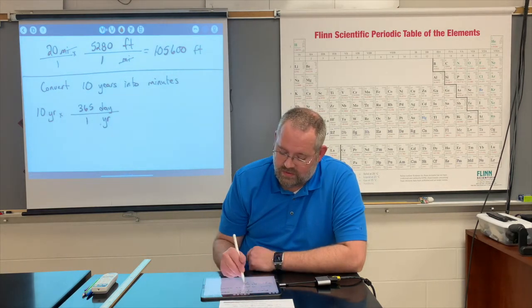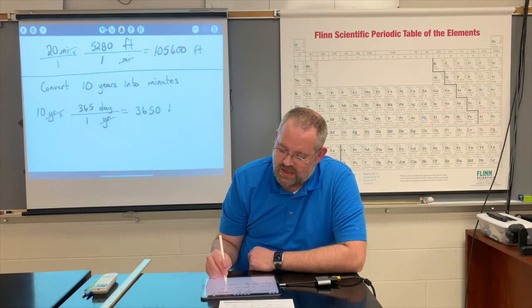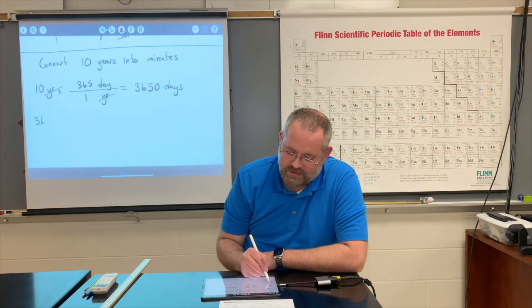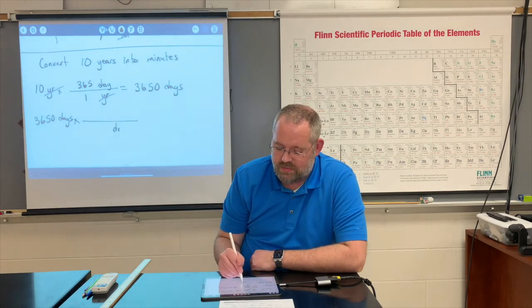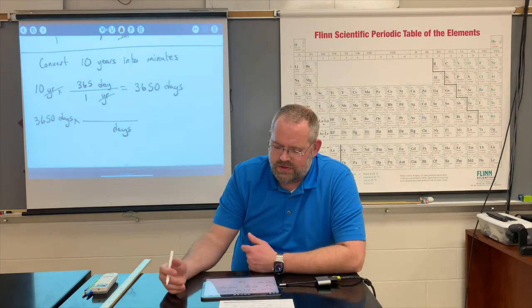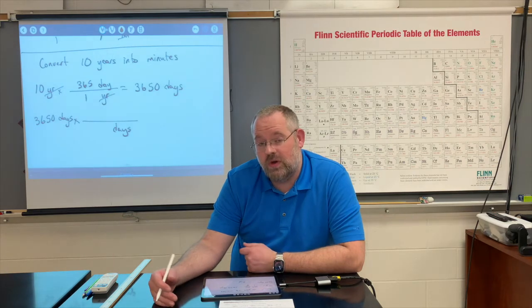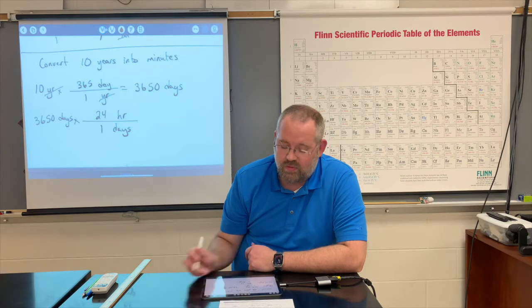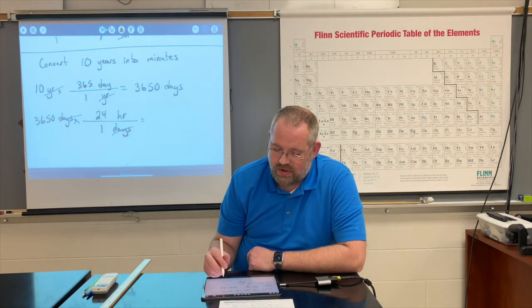So when I cancel out my units, I turn this into 3,650 days. All right, cool. Well, let's go one more step. I've got 3,650 days, and I can convert that into something else. I want to get rid of days, put it in the denominator, and I want to turn that into something. I do know how many hours are in a day, so I can go 24 hours in 1 day. My days cancel out. I'm left with hours, so I end up with